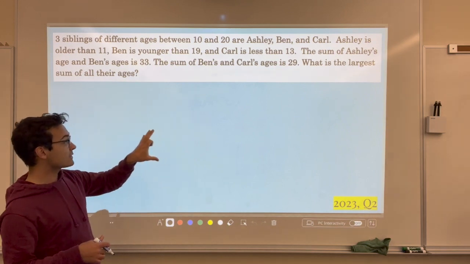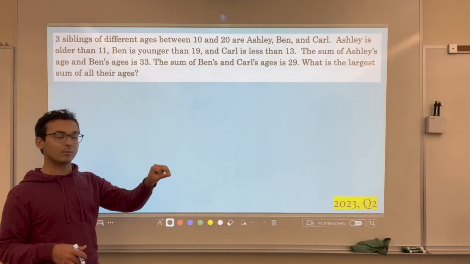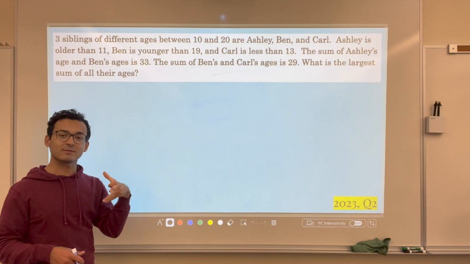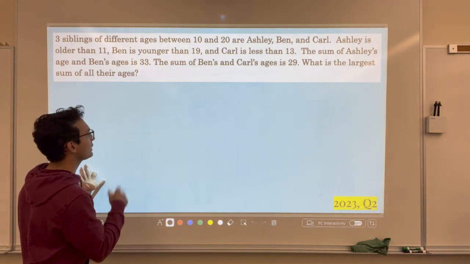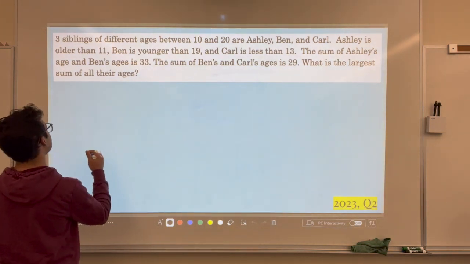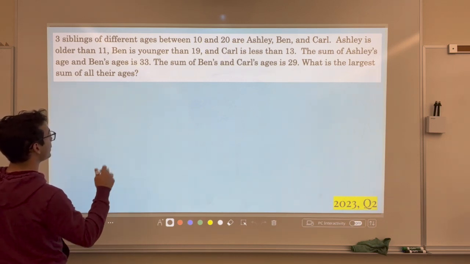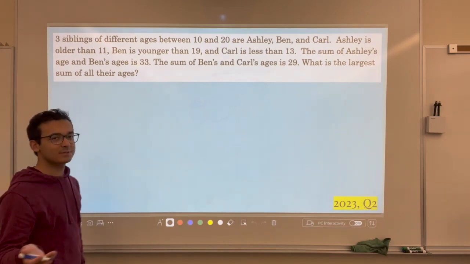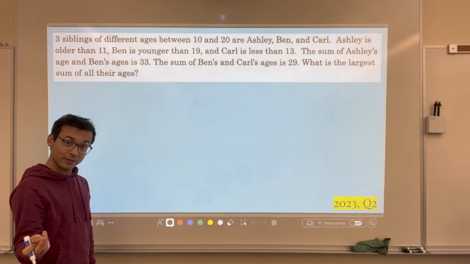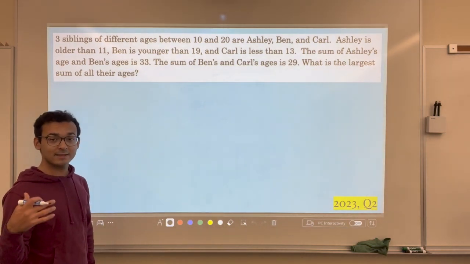So the question is asking us what is the largest sum of all of their ages, so that's something that we have to keep in mind. So let's write out all of the information we have. We know that all the ages are between 10 and 20, so that's just something we know. For the purposes of this problem, I'll assume that's including 10 and 20, but again, as I said, it doesn't